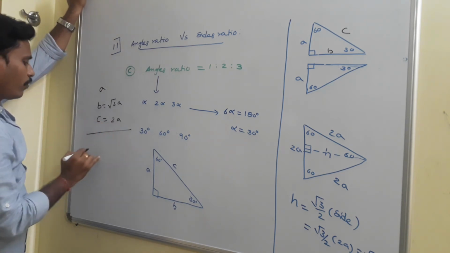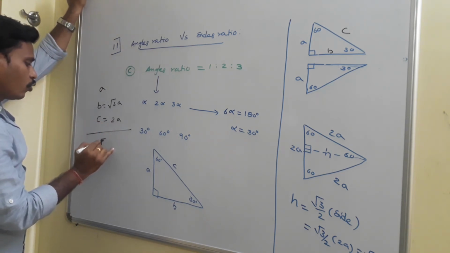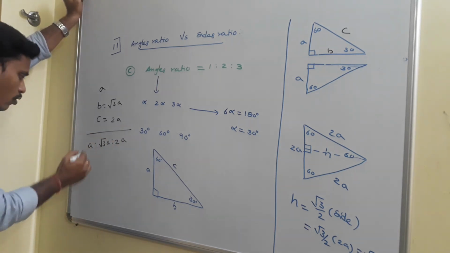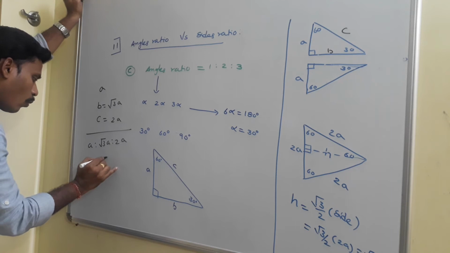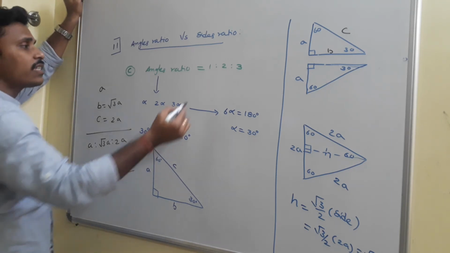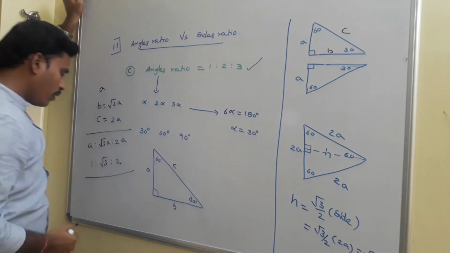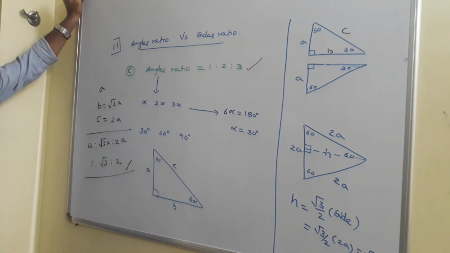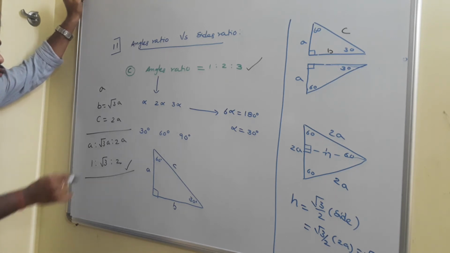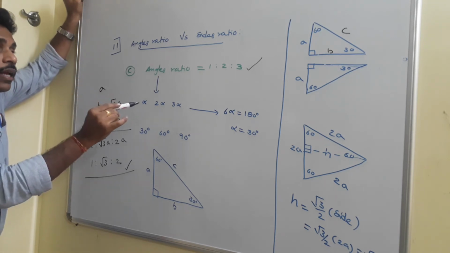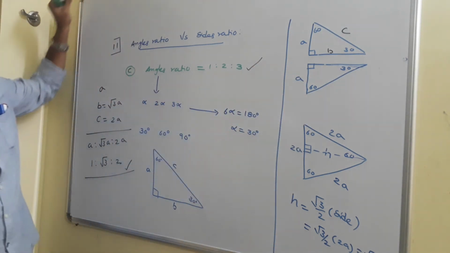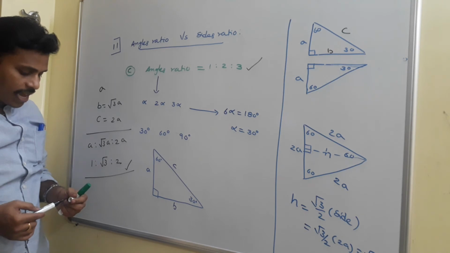The ratio between these is A is to root 3A is to 2A. If you cancel out A, the ratio becomes 1 is to root 3 is to 2. So if the angles ratio is 1 is to 2 is to 3, then the sides ratio is 1 is to root 3 is to 2. To calculate the sides ratio from the given angles ratio, this is what we get from the plane geometrical discussion, right? Have a look at this.